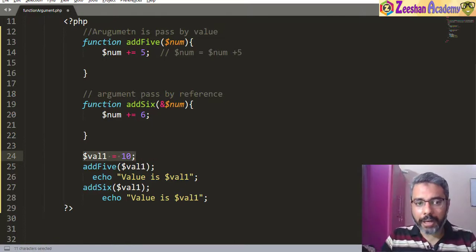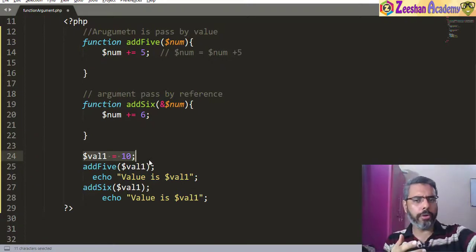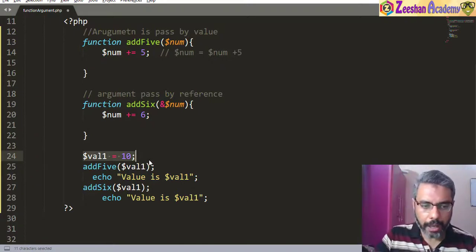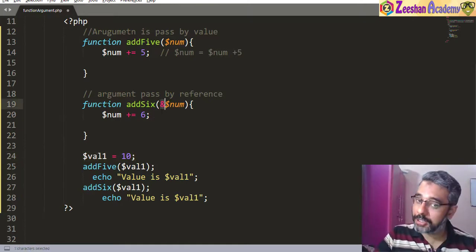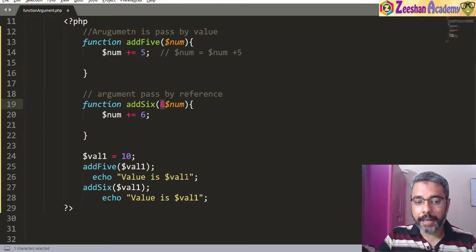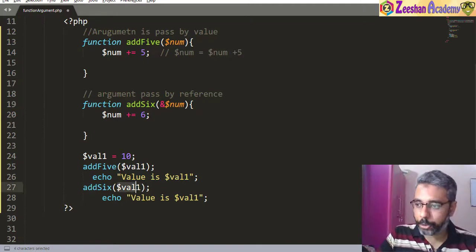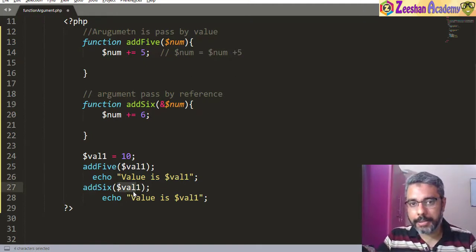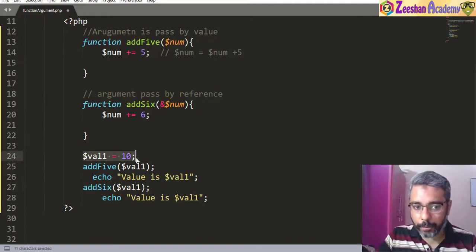Hence, whatever it does, this variable's value will have no effect on this thing. Just made a duplicate, passed it a value. However, once we use this dollar sign, the AND sign, and you pass an argument, same approach, nothing else, the same variable is now passed here, nothing changes here, but